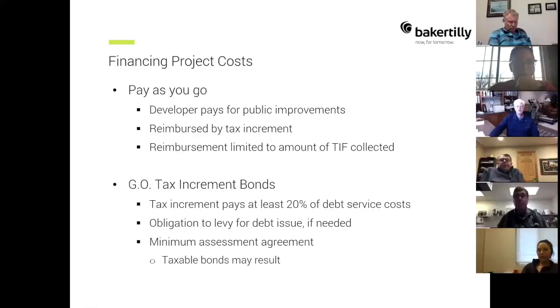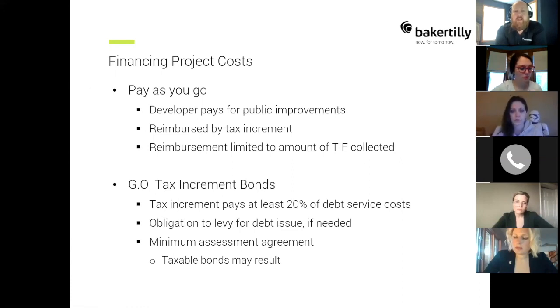That's the next step, and the next question is, how do we finance project costs that are being incurred within a TIF district? Tax increment is future revenue, revenue dollars that aren't in existence today, and will be generated incrementally over a period of 1 to 26 years, but they're going to be used to reimburse or pay for costs that are being incurred today. So if there's a new project being developed, either the developer or the city is going to be providing assistance to that project, and they're going to be incurring actual tax dollars in today's dollars. And it's the reimbursement of that over time where the TIF revenue comes in. But how do we fund that gap in the interim period?